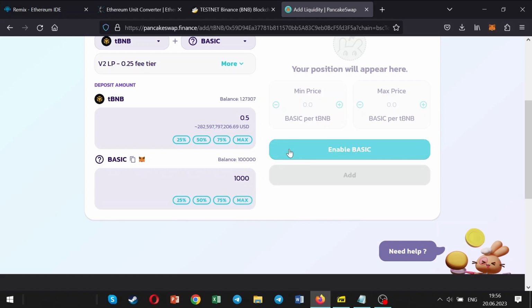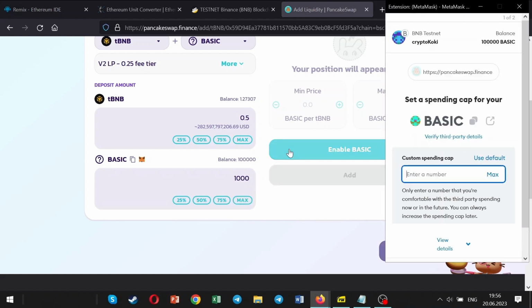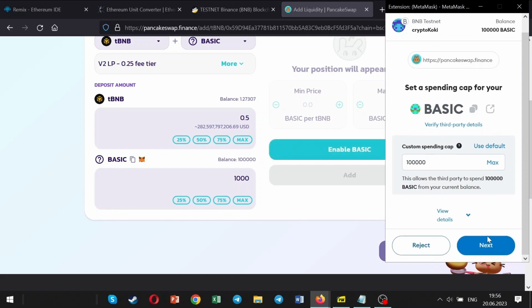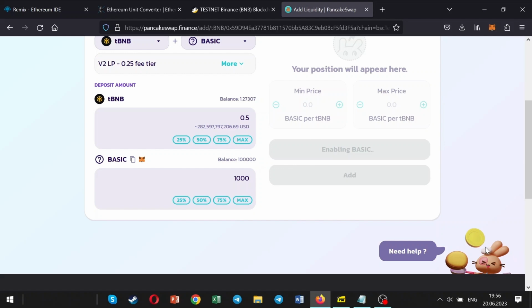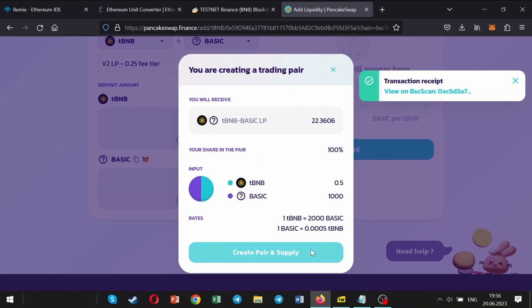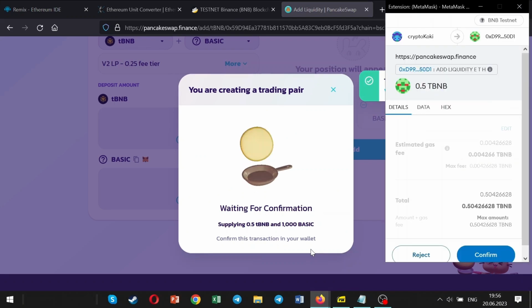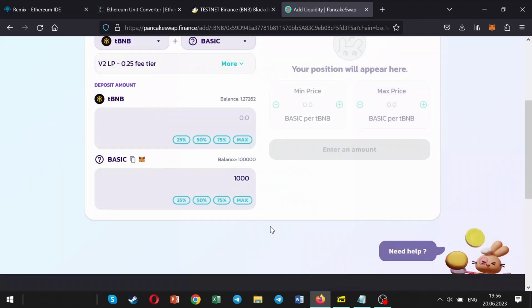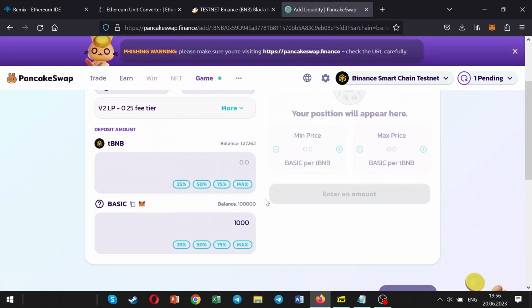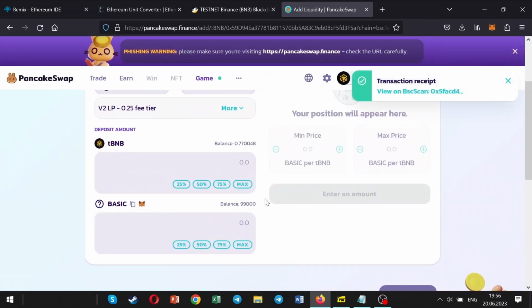Remember, it's important to provide exactly the native blockchain currency to liquidity. In this case, it's TBNB. Congratulations, liquidity provided.